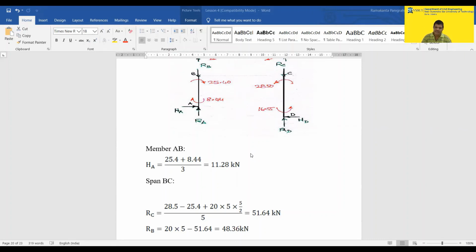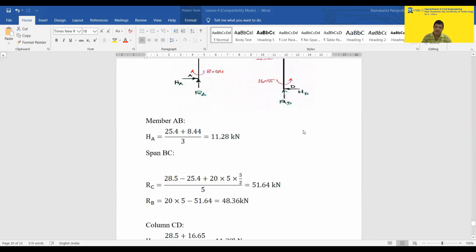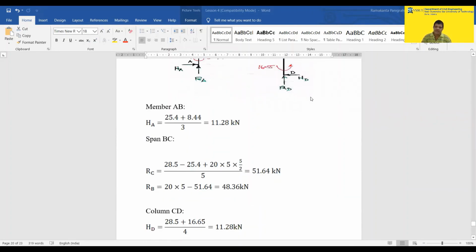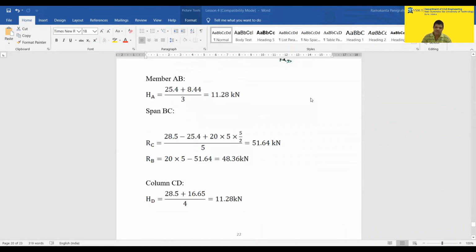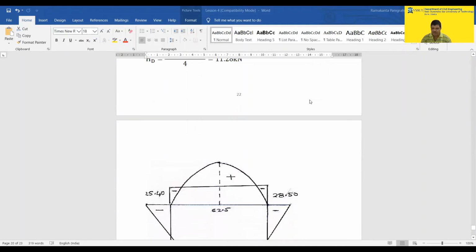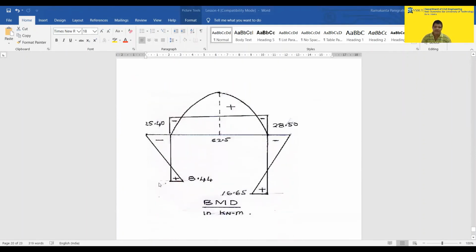When we take the direction of horizontal reaction towards right as positive, then we are assuming both the moments are clockwise, and adding these clockwise moments divided by the height will give the value. Or you can draw the figure diagram. If your calculation comes negative, then it will be the opposite direction to what you have assumed. So once you find HA and HD, now draw the bending moment diagram.